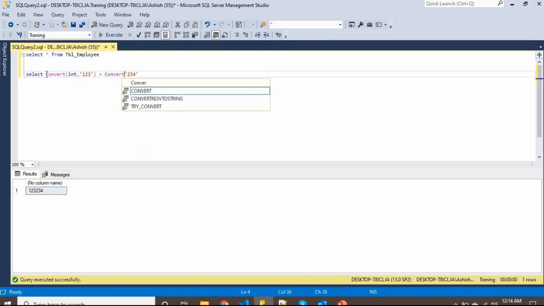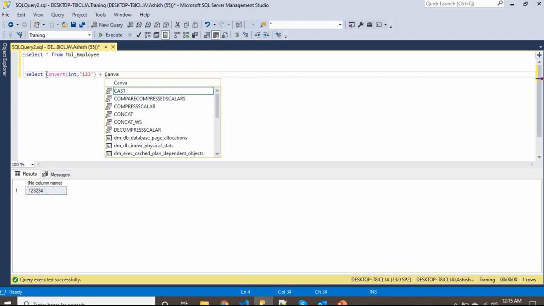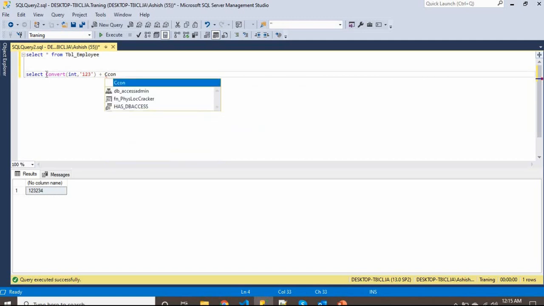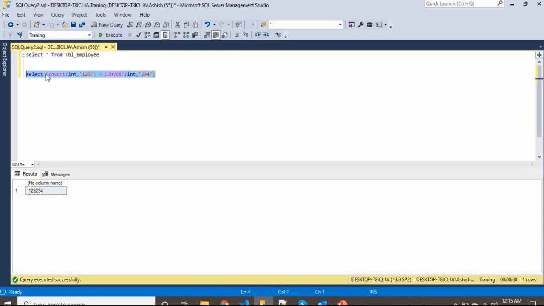Here also the same thing, convert, 234, comma, and integer you want to convert. Oh, I think I have written the wrong syntax. Okay, first you need to write the type. Now if you see, it is adding now.